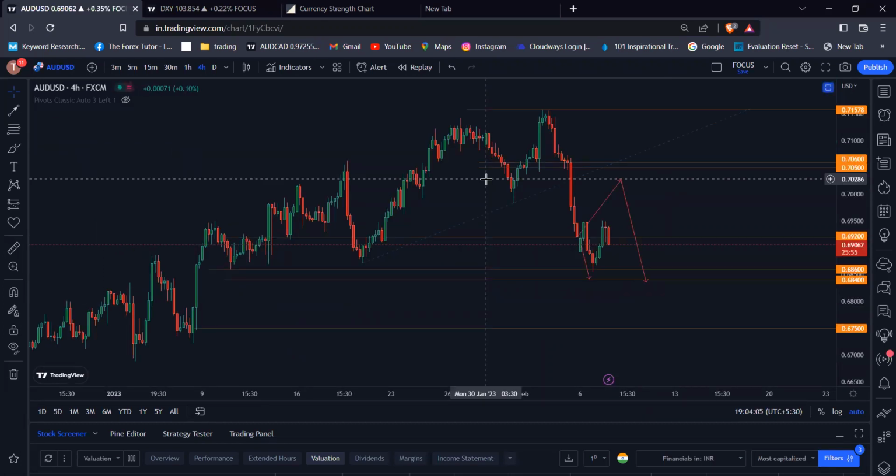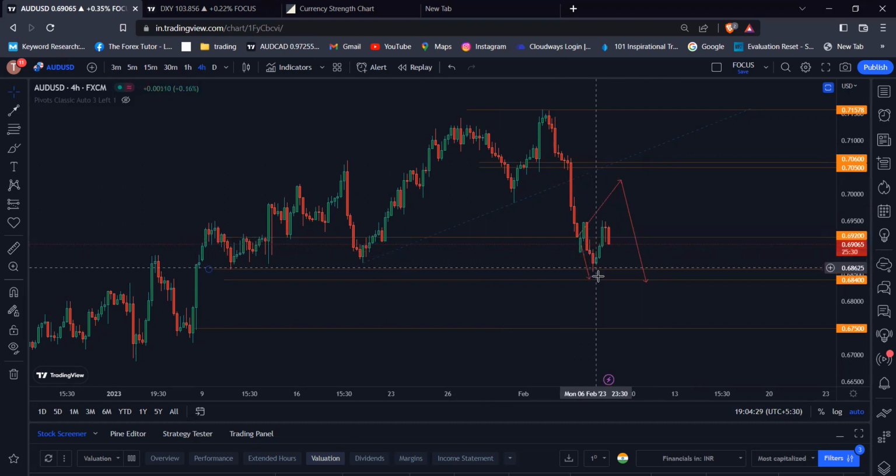As we discussed in our previous video, the Aussie USD after the NFP data release, the dollar index gained some momentum and Aussie also lost its strength, and there was a big move in the Aussie USD. It broke down the 0.69500 psychological level, also the 0.69200 psychological level, and moved towards the